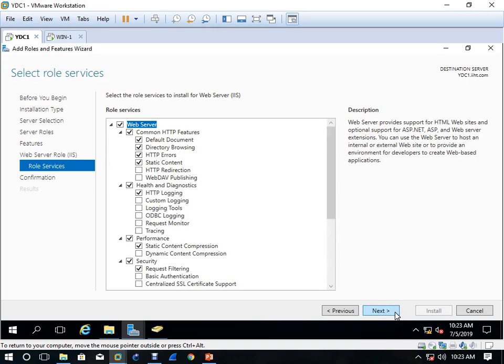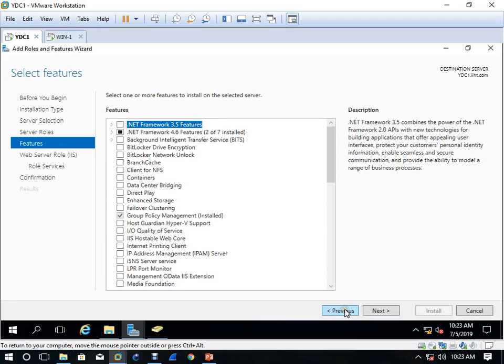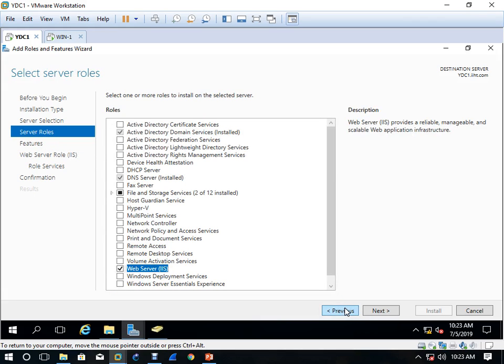Okay, next here, and here are some features which need to be added. So what is required here in features? Dynamic content compression. Okay. Yes. Web server.